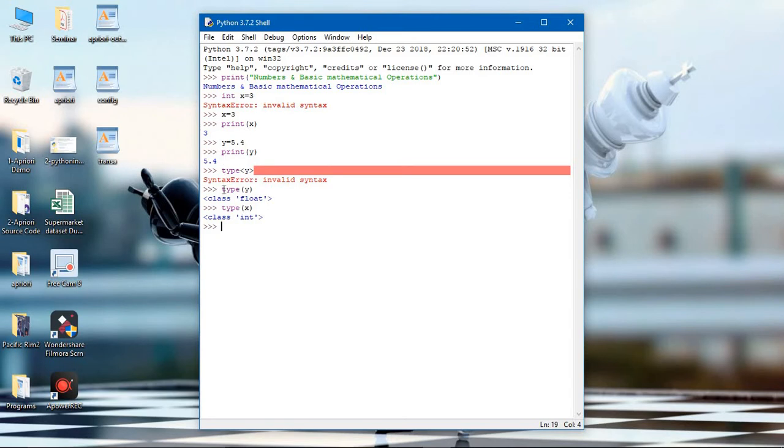Now remember, you can find the data type of any integer, string or anything by using this operator, type, and then in the parentheses, the opening and closing brackets, you have to specify the value or the variable whose data type you need to find. So let's move on towards the